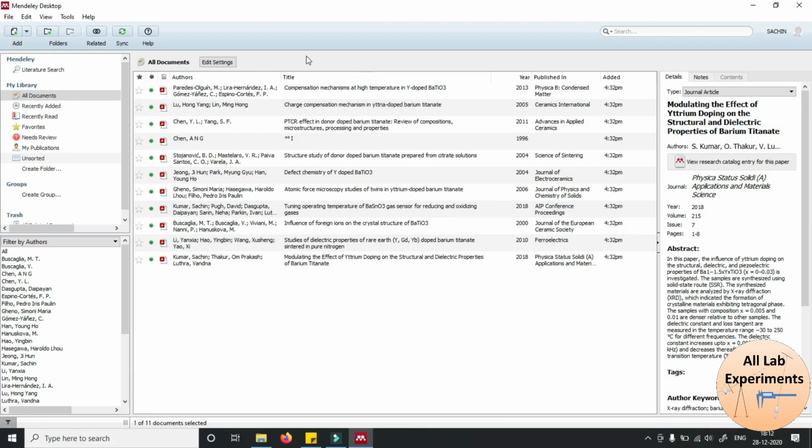This is very good. So after adding your literature in the first place, you can press this button which is synchronize. If you press this button synchronize, this will upload all your literature to the cloud. And after this, if you change your laptop, or in case you are somewhere else and you want some paper, then you can also download its app and access your literature anywhere.